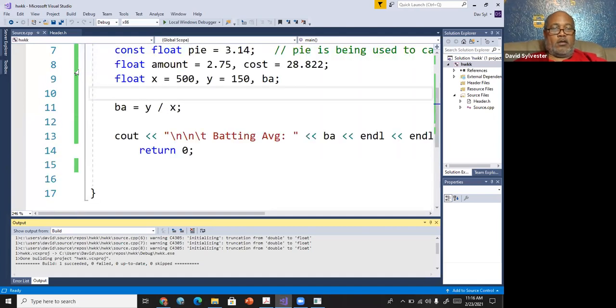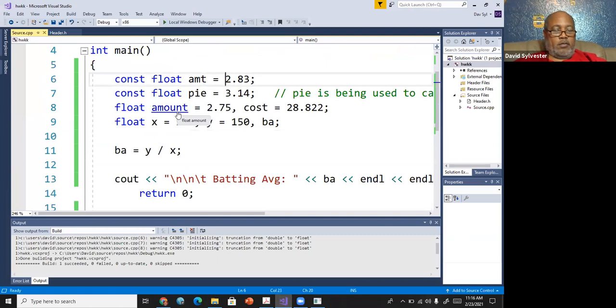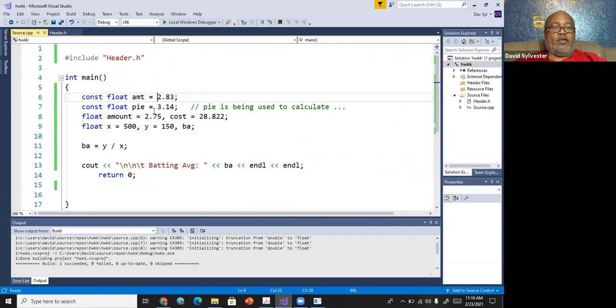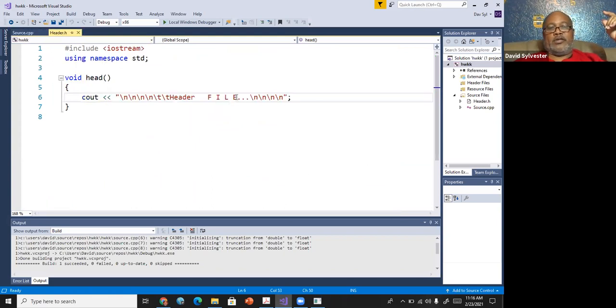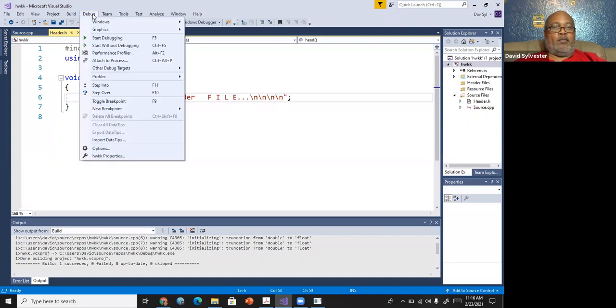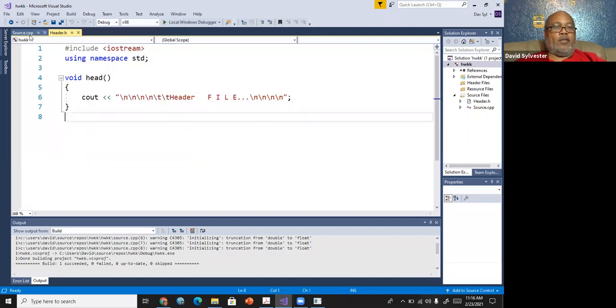Let me see something. Yeah, okay. What happens with modules, I'll show you this right quick and then we'll go. Look at this. This is a module. This is something that's written, a function, which is a module, that is in another program. But let me show you what happens when I run this program. Let me get back to the program.